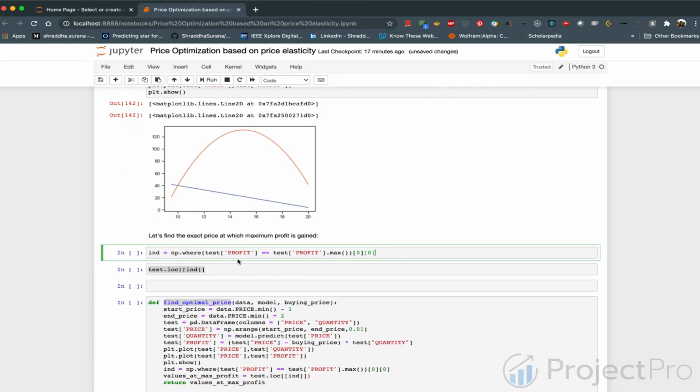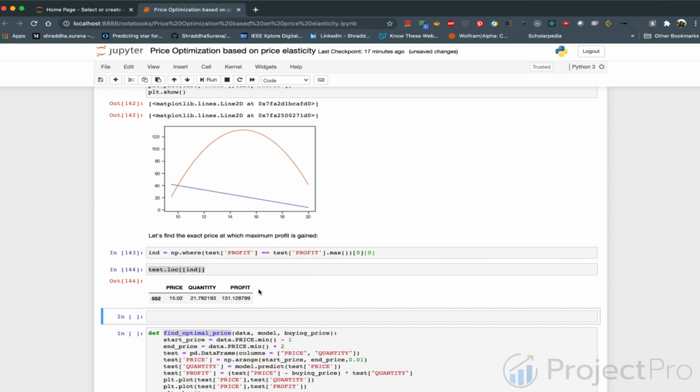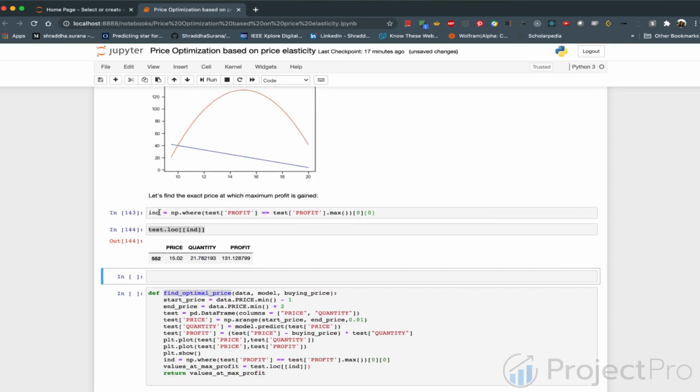So we want to figure out the index. So we have a nice function in NumPy, np.where, and we can find the particular row which equals the maximum profit that we had seen. And this gives us the row index, which is 552. And when we look at it, it gives us the price, quantity, and the profit to be expected. So you can get maximum profit, which is about 131 units, and the price you should put for gaining the maximum profit is 15.02, and the quantity that you can expect to sell